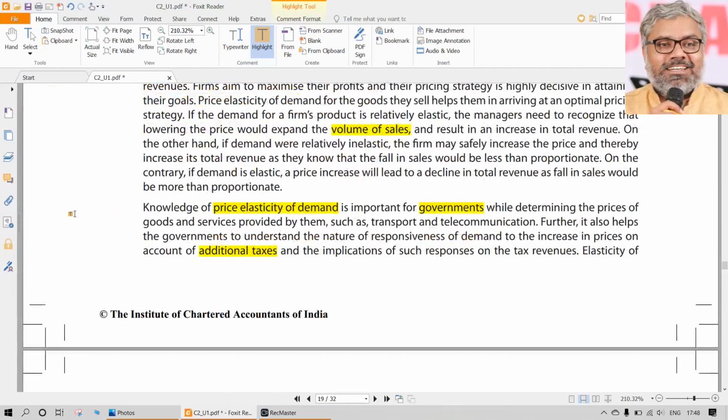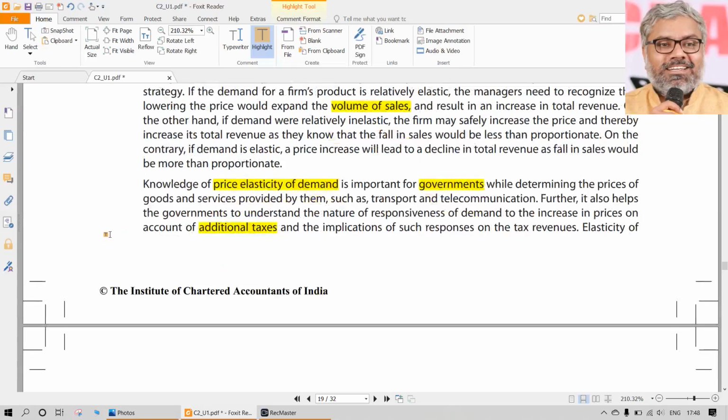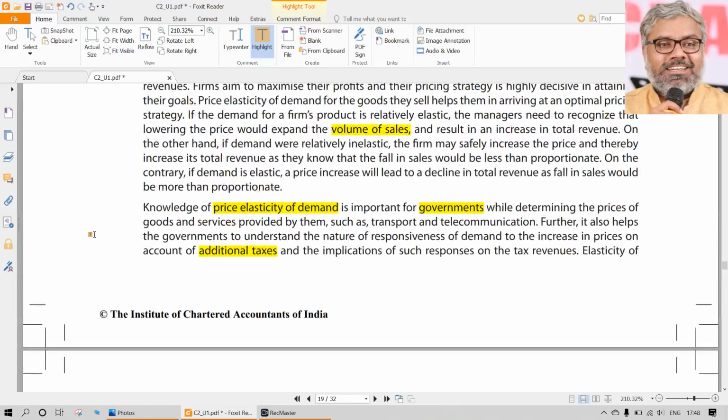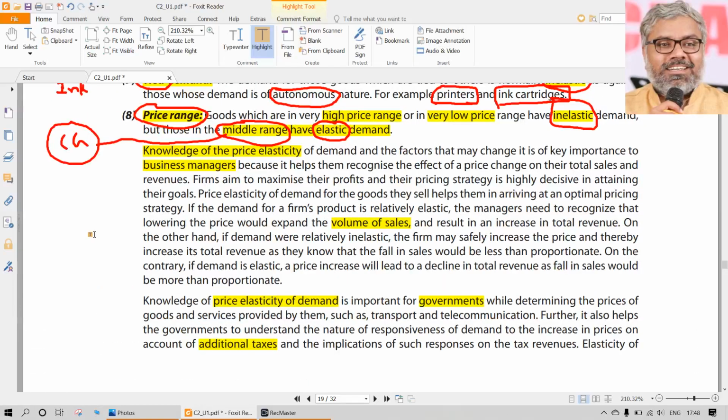You can understand the additional amounts of taxes that state governments levy, particularly on alcoholic products also. How is it possible? Because the price elasticity of those products is very low. Even though they are expensive, since people are used to them, people are habituated to them, they go and buy. Sometimes some people even take loans and then buy them also. We have seen some open statements in the recent past on television channels.